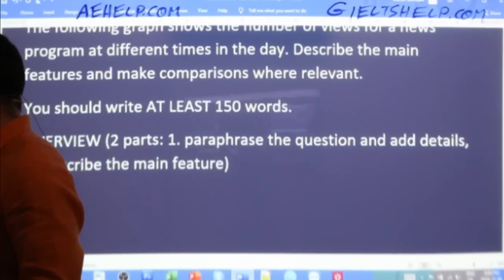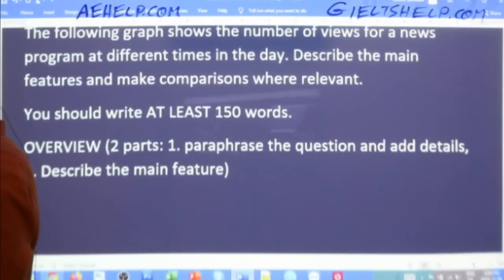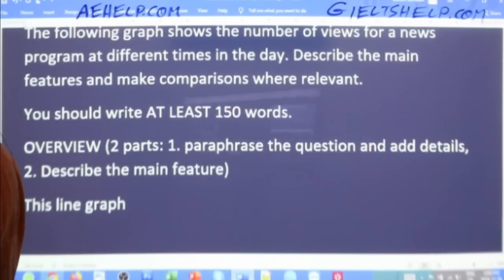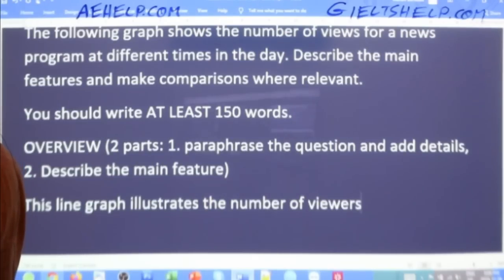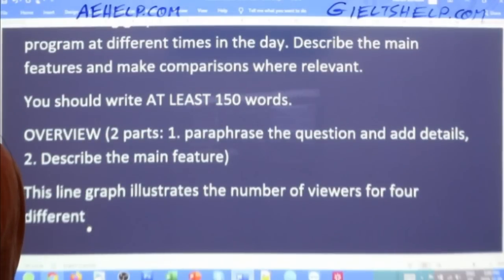Okay, so I'm going to paraphrase too to kick off this essay. So the line graph illustrates the number of viewers